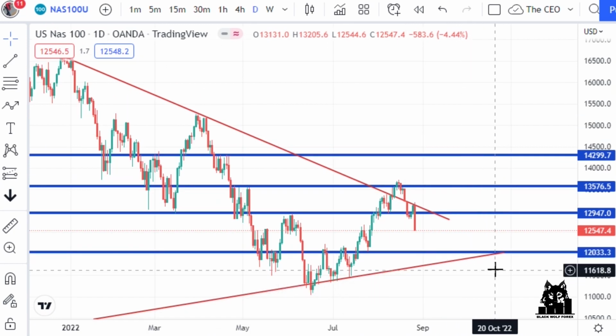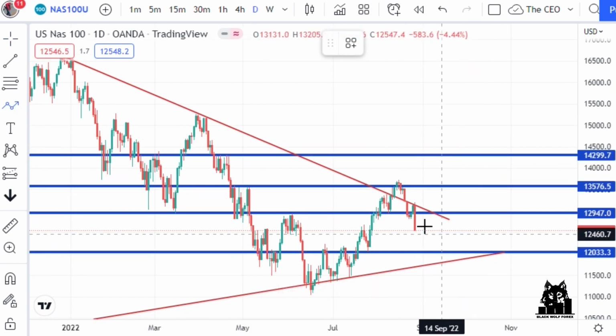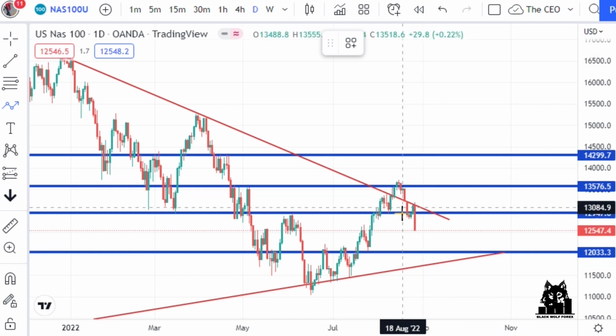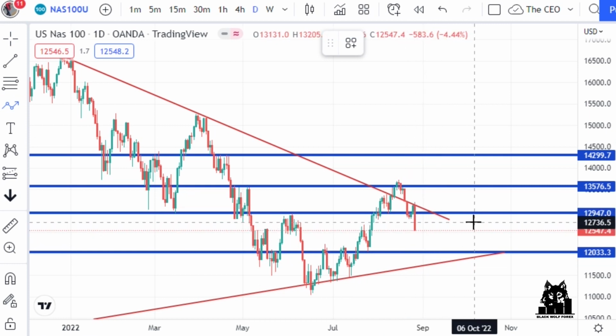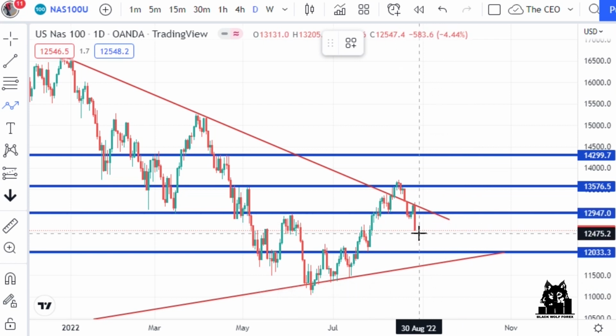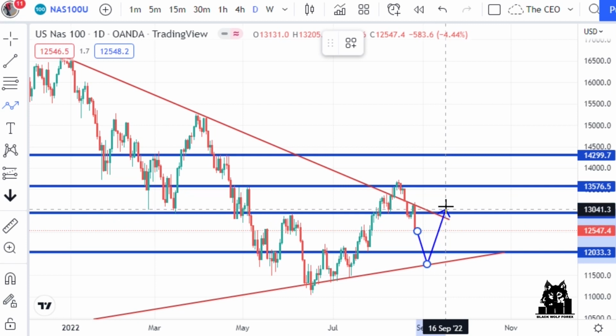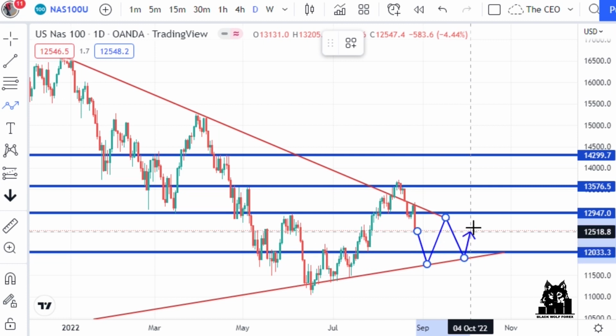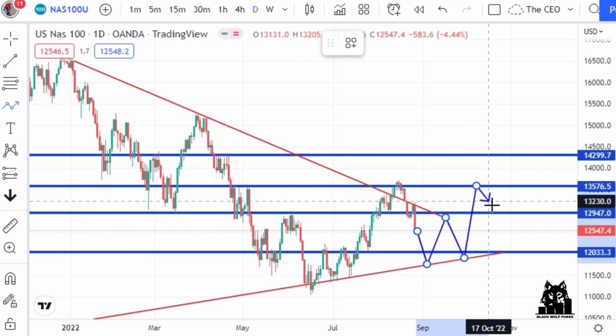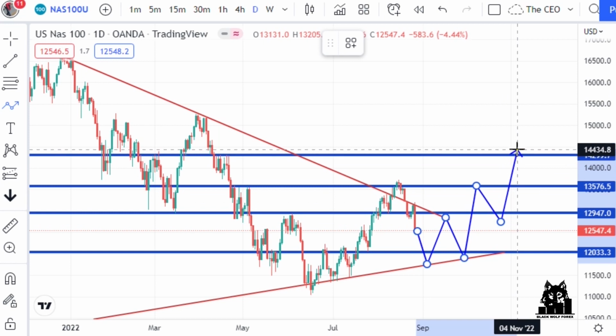Alright, so what we think the market is gonna do now is that the market from here is gonna give us that direction, because we don't know how the market is gonna open. Alright, but obviously we're just gonna give our forecast. So maybe, probably, this is what the market's gonna do, and then it might even break or just test, and then maybe give us a double bottom, and then break structure, come back to retest, and then